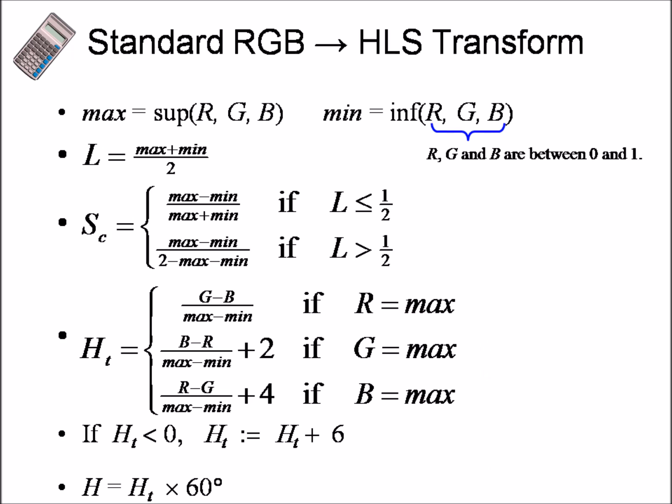These are the formulas used for converting a standard RGB image into an HLS transform image. The HLS transform image reflects the constant light effect on the image, which is very beneficial for attaining results at later stages. So these formulas are very helpful to get the HLS transform image. These are easy to implement: if we have the values of R, G and B, then we can apply them and get our HLS transform image.